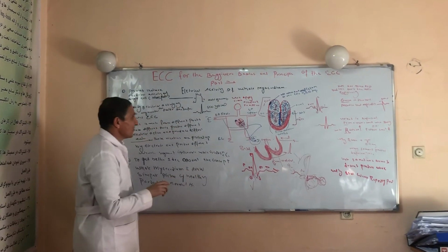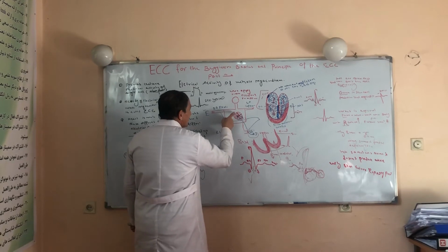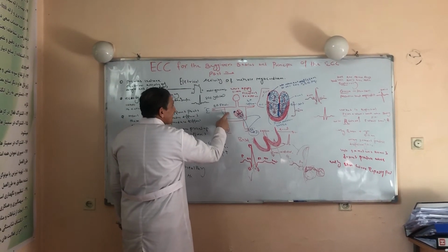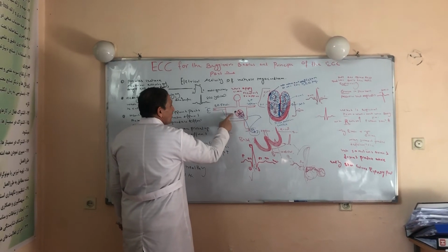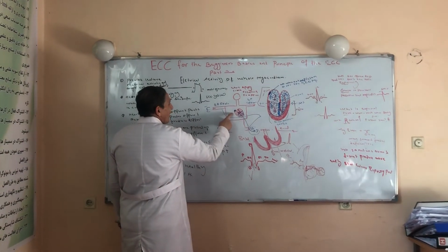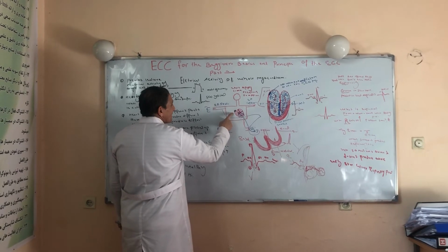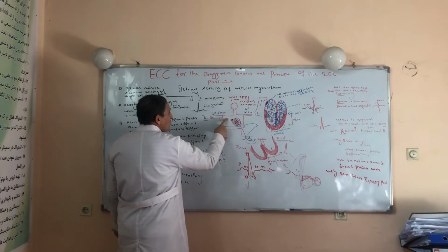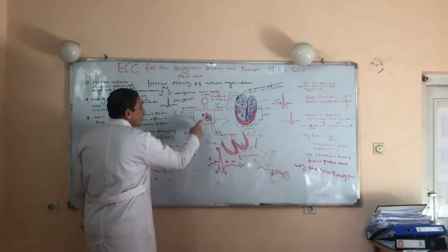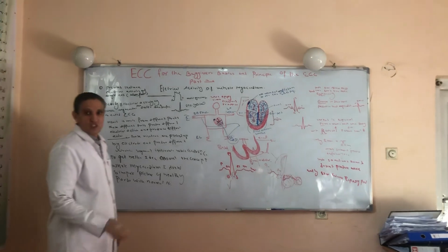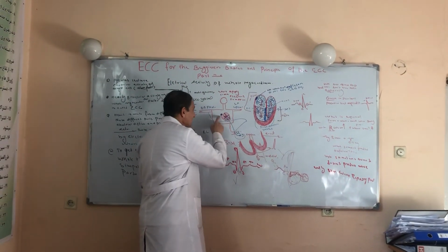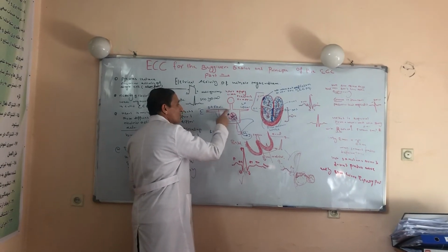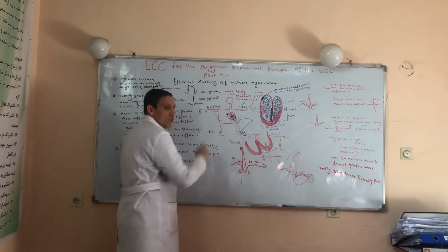Right now we'll be discussing the electrical activity. We started from the SN node because the SN node is an initiator. We also initiate our lecture from the SN node. The SN node is a small, tiny node made from fewer cells, and its depolarization depends on calcium. Due to these reasons, the SN node does not produce any waves or deflection over the ECG paper directly, but indirectly, if we find a well-defined P wave over the ECG paper, we know that the atrium is stimulated by the SN node.